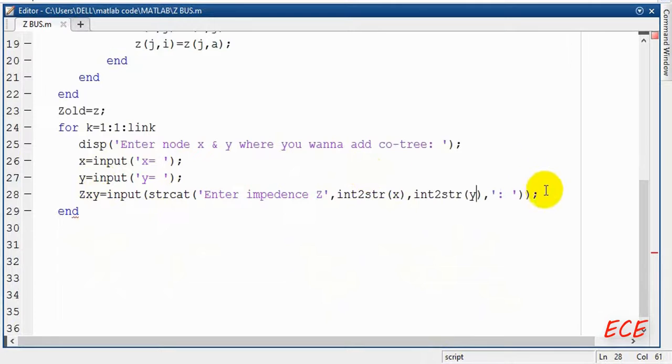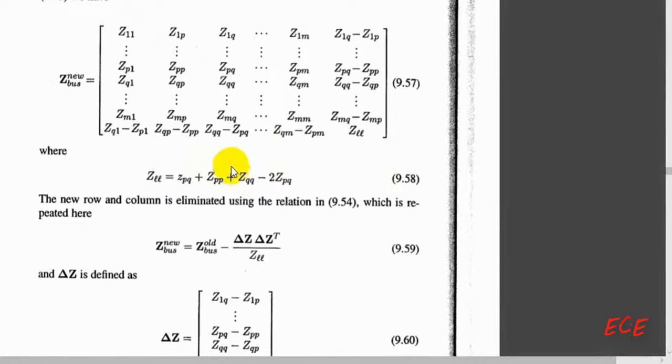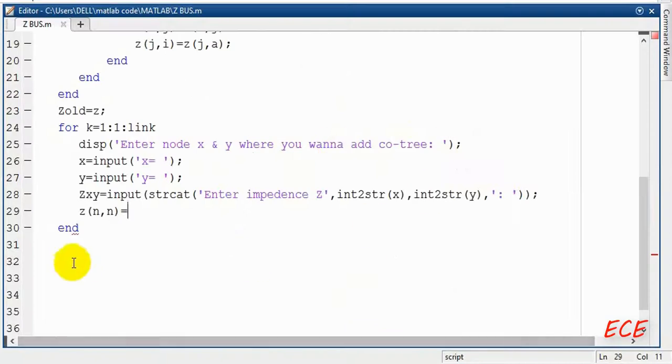Now we need to calculate the z of nn, that was actually zll inside the algorithm. Here we have actually seen that there is an equation for getting this value, so we will get this value by using this. So this small z pq and the capital Z pq. The small z pq is actually this zxy, that is actually the self impedance, and the small z of xy will be the value from our matrix in this code. So 2 into z of xy,